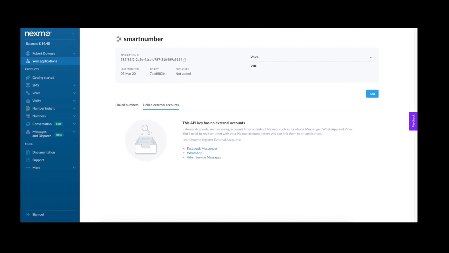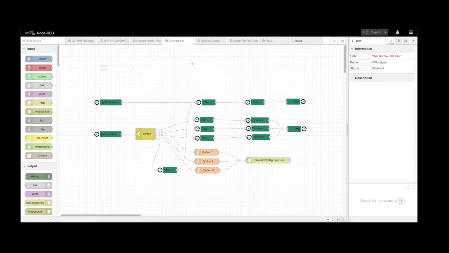So let's take a quick look at Node-RED so you can see just how simple this could be for a customer to set up. In the prior example, I mentioned using DTMF tones and being able to track which buttons were pressed by the customer. So in Node-RED, the customer could set up their own account and have it hosted anywhere like Heroku or IBM Bluemix. The Node-RED system itself is completely free, but they would need to pay for the hosting service itself.